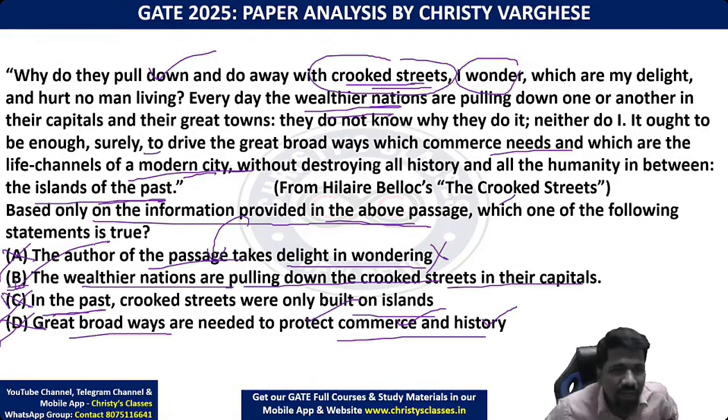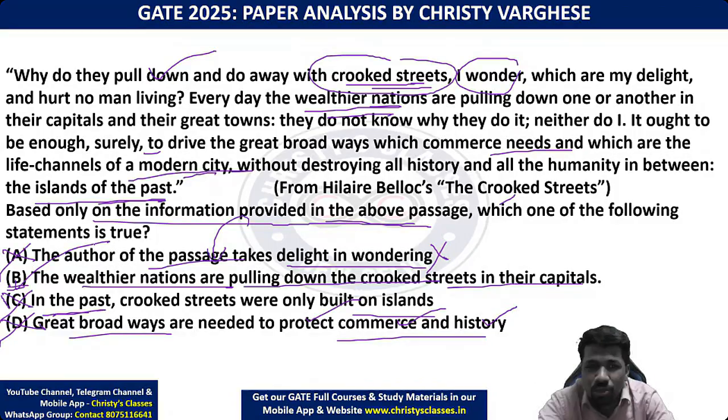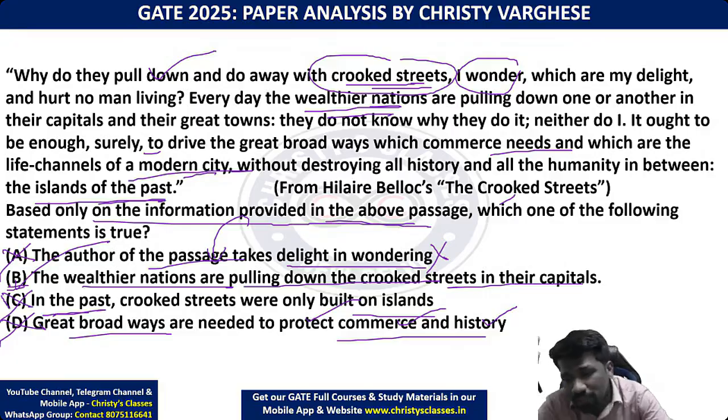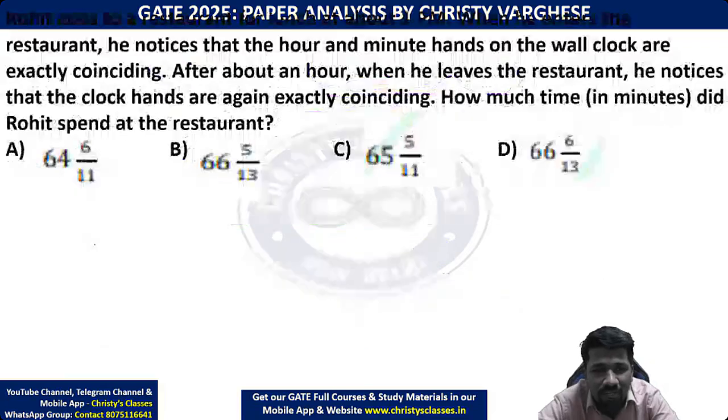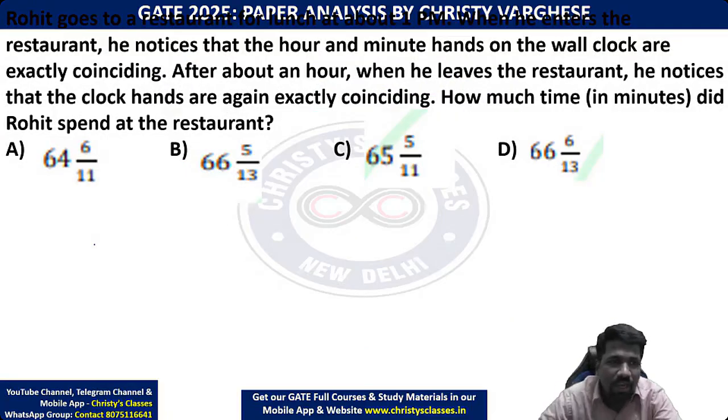The passage is a little trickier because we may not relate to it much if you are not into these social issues or national politics. If you are not keen on it, this passage will take a little more time to understand. But elimination from the options was easily possible. That is what you have to understand. Don't always expect the passage to be easy. Sometimes options will be easy, so that you can eliminate them easily. Okay, the next question was this.